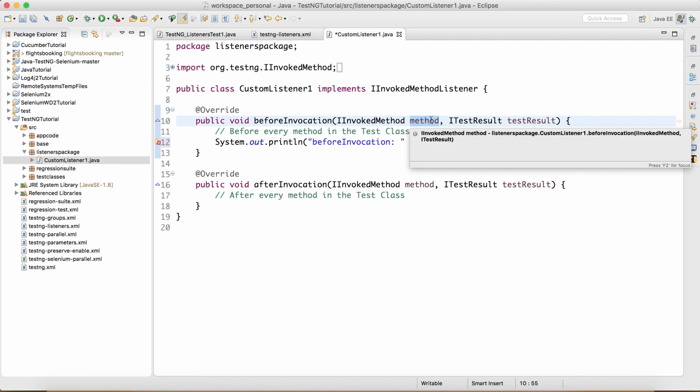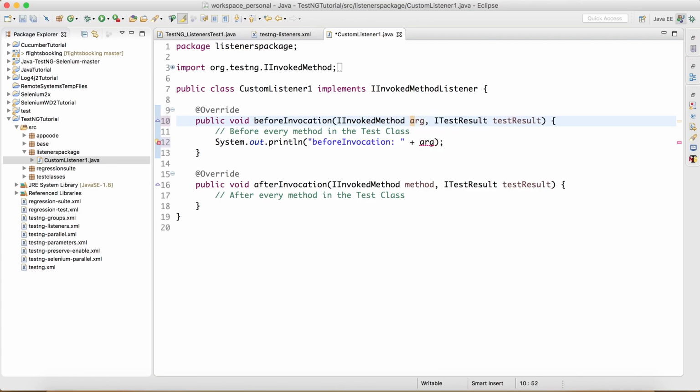Sometimes you might see arg0 and arg1 here. Don't worry about the variable names, because this is just a variable name. You can change it to anything. The important part is the type, and whatever name you see here, you can use it. So I'm going to use this method